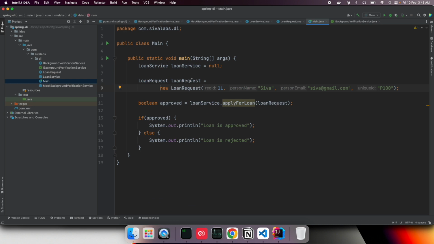And here is our main application. Just assume we are building a simple console application, and we need to get an instance of LoanService, and then we construct a LoanRequest and finally call applyForLoan. And based on this code, we are going to either get approved or rejected. So here, how do we get an instance of LoanService? We are going to use Spring's dependency injection, and then we will get the bean out of Spring's application